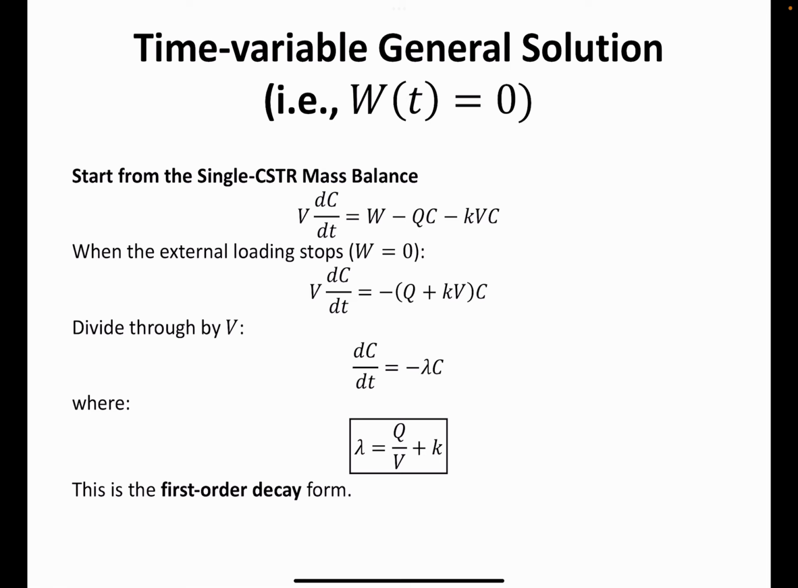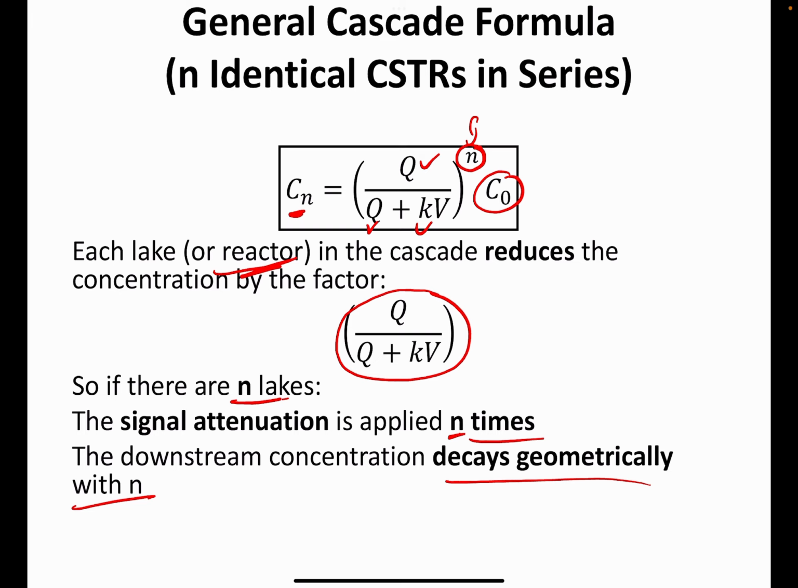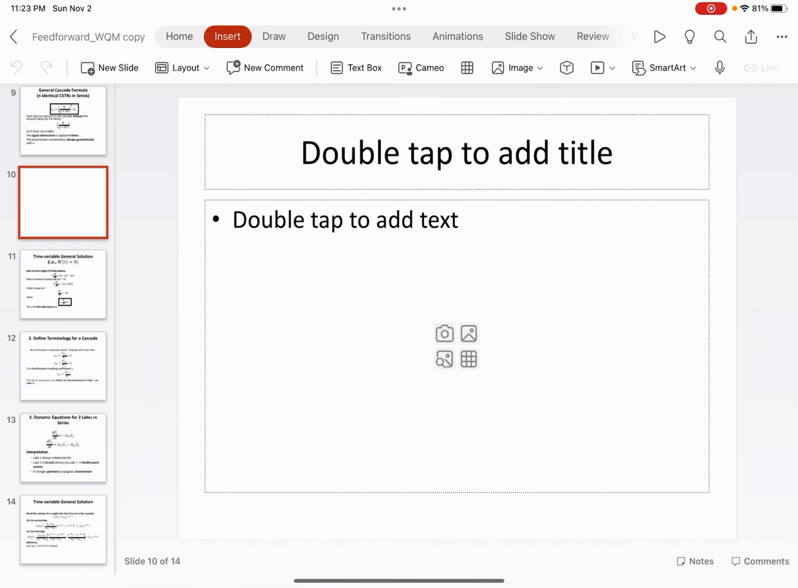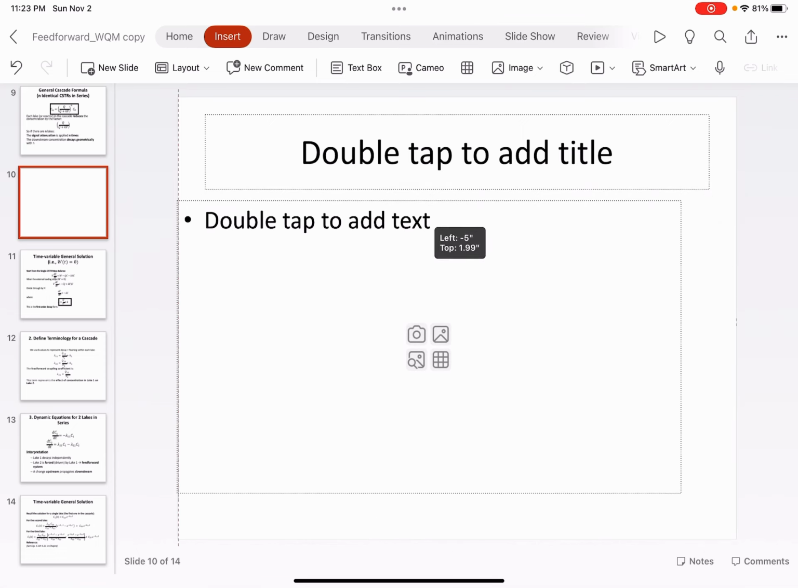Let's look at, given the cascade, let me just give you the approaches that we might see. So if you want to apply the generic model, we can solve this generic model using the same system, Q over Q plus KV to the power N times C original, C0. But if you want to plot it, let's see,